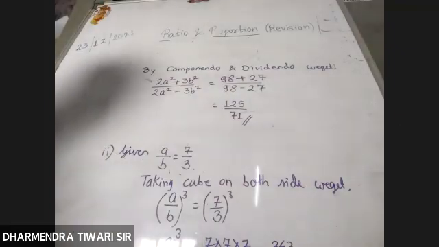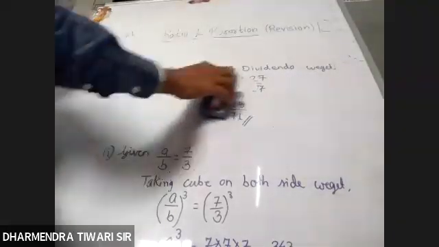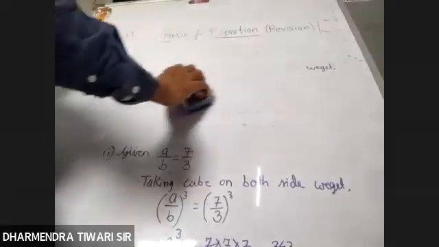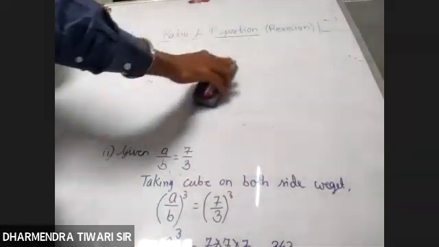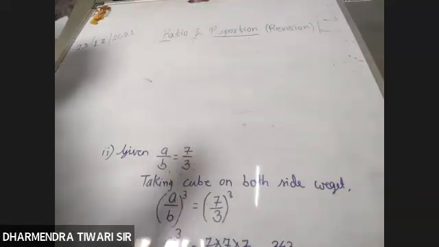But the demand is a cube minus b cube divided by b cube. So in this case, componendo and dividendo will not work. Even componendo will not work because componendo will give us addition and dividendo will give us subtraction. So if we want subtraction, we need to apply what? Dividendo. So applying dividendo we get,